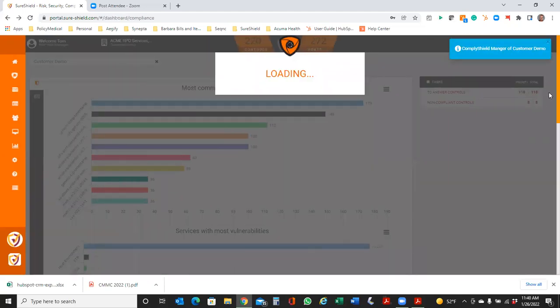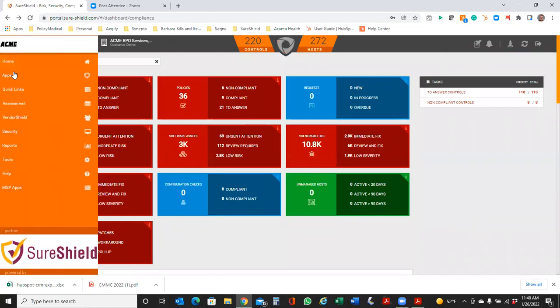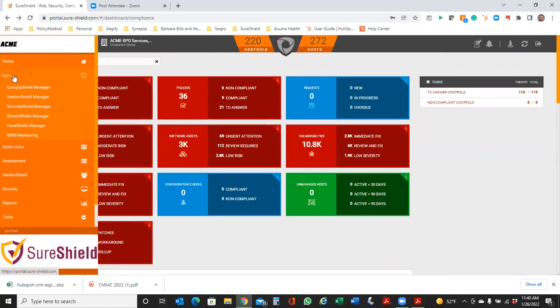I'm going to wind this up in just a minute, but just go ahead and also point out to you other solutions we have in here. We have a solution called SureShield that allows you to identify critical information. So it's a tool that can help identify CUI data. We have a dark web monitoring tool that can help you understand if you've had any external threats already.